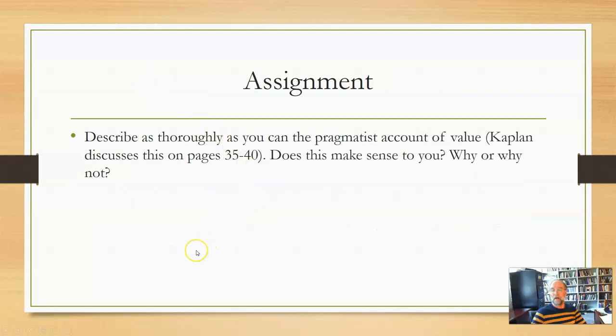Your assignment. Describe as thoroughly as you can the pragmatist account of value, and that Kaplan. Well, that's not true. That's the book it came from originally. But this Kaplan essay is on the Moodle right there. He discusses that on pages 35 through 40. That's 5 pages. It's a very, very good discussion of the pragmatist theory of value. I would like for you to explore that, to go back and look at what I said, and see if you can make sense of it, and then tell me what you think about that. Does it make sense to you? Why or why not? About 2 pages,